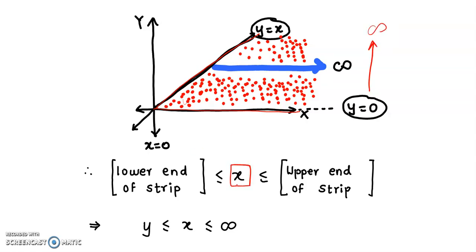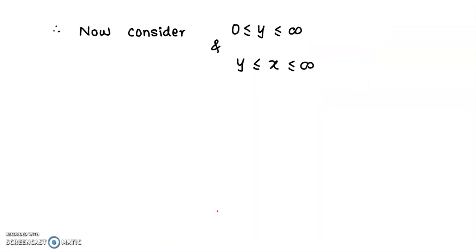So to find the range for variable x as y varies from 0 to infinity, the range of variable x is obtained by taking the lower end of the strip as lower limit and the upper end of the strip as upper limit. If we consider a strip parallel to the x-axis, the lower end lies on this line y equal to x, so x is equal to y, and the upper end of the strip tends to infinity. Therefore, the upper limit is infinity. So for y varying from 0 to infinity and x varying from y to infinity, equation number 1 becomes